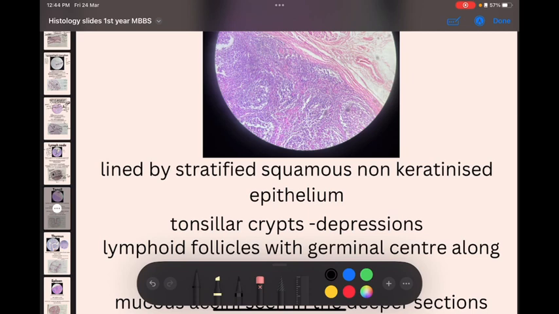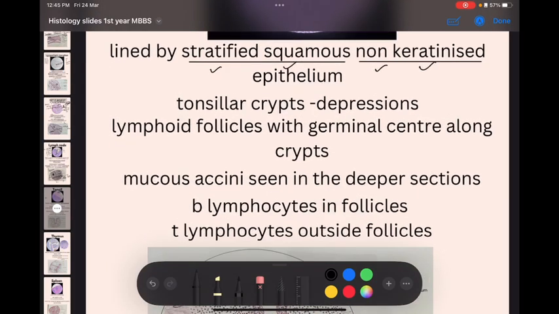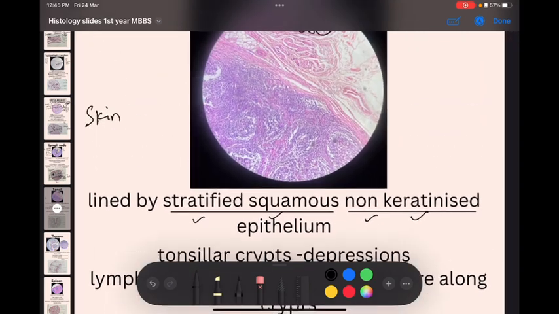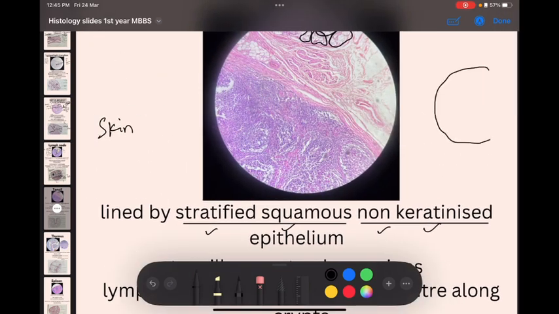Coming to the epithelium, it is again similar to skin, but this tonsil does not have a keratin layer. There is no pigmentation. So similar to skin, it is stratified squamous, but it does not have keratin or pigmentation, so non-keratinized. Stratified squamous non-keratinized epithelium, right? Easy. Now coming to the shape of tonsil, it is somewhat like this,